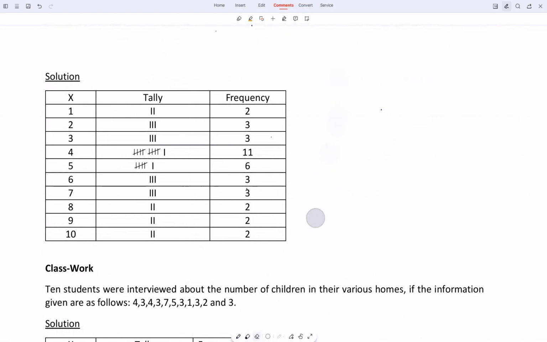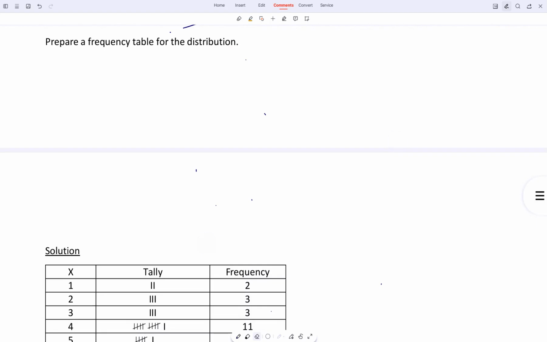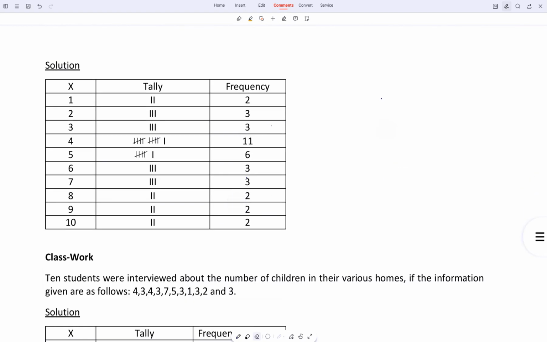So you can write this example to follow it, count it, and make sure that it is complete. How will I know if it is complete? They say 30 students. So let's add up. 2 plus 3 is 5, 5 plus 3 is 8, 8 plus 11 is 19, 19 plus 6,